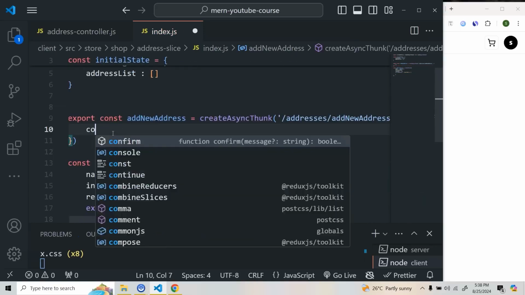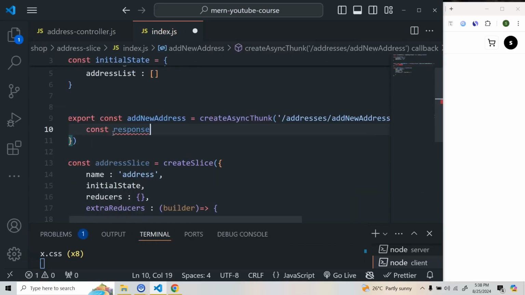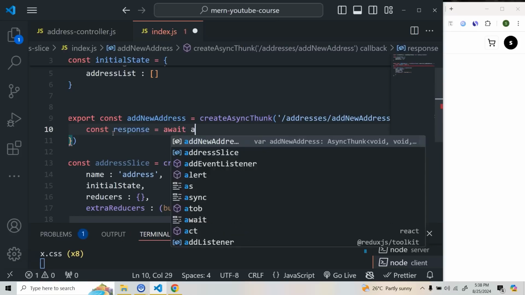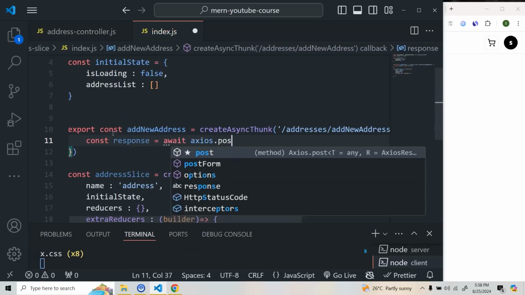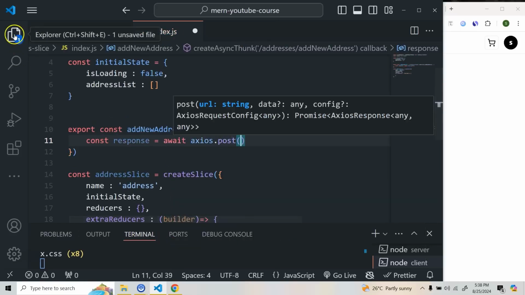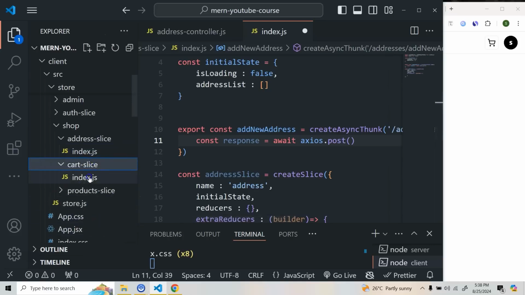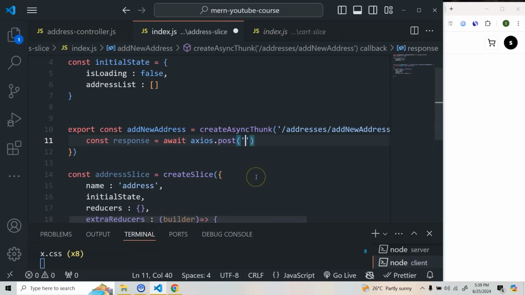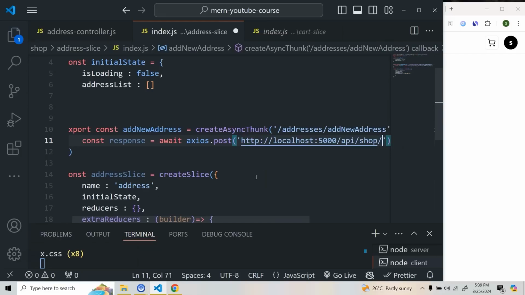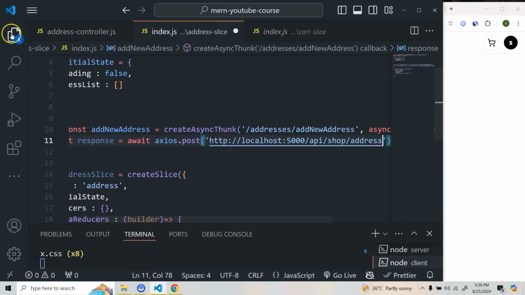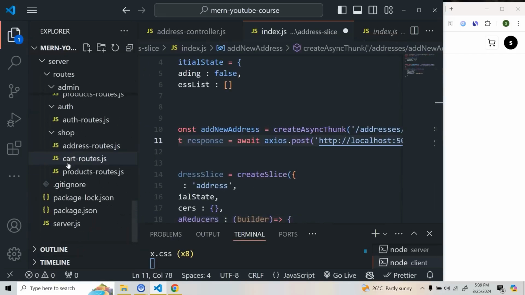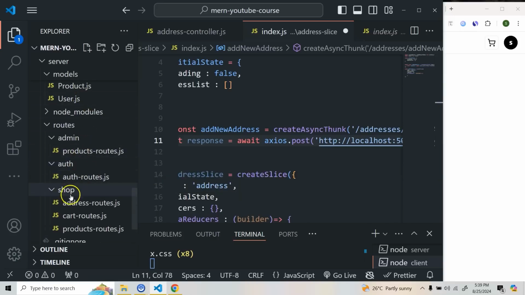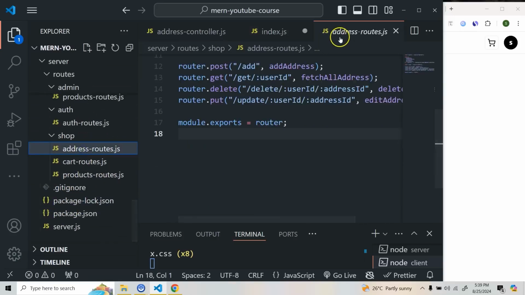Here we do const response = await axios.post, and let's copy the URL from somewhere. We have API/shop, and then after this we have address. So we need to open this route also. Let's open this one. So address, and then what is the